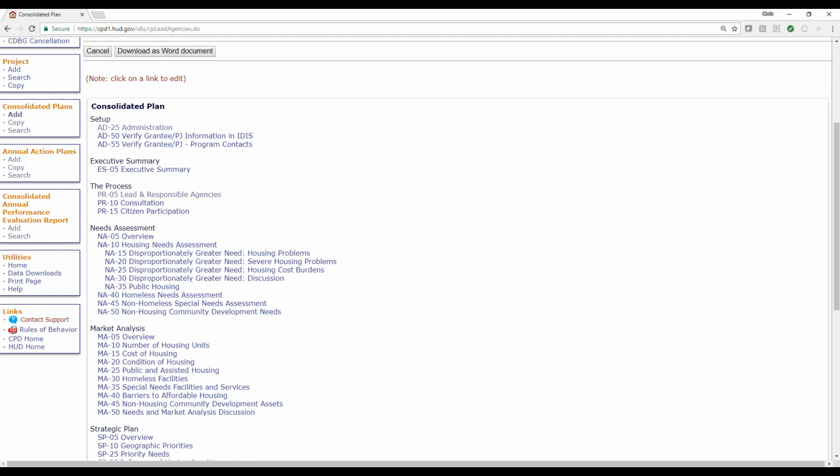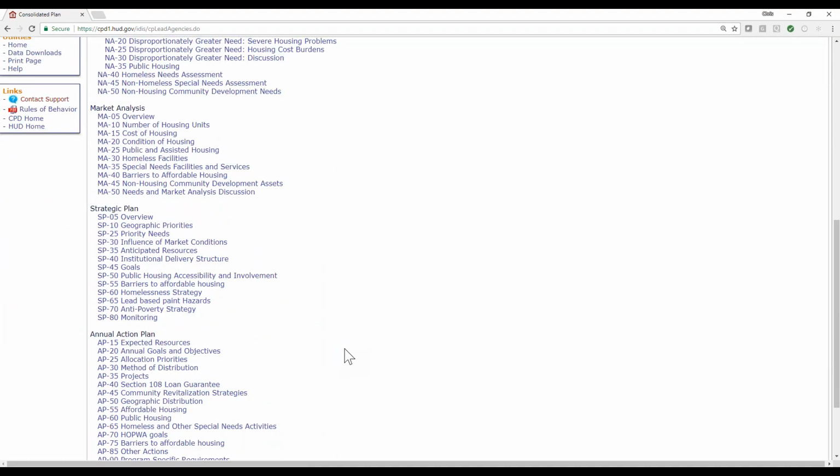And again, to the point that Peter made, you will want to make sure that HTF is included throughout your executive summary, throughout your consultation and citizen participation. It may come into your needs assessment overview and your market analysis overview, or the summary of your needs and market analysis, just as you would be referencing and describing any other program that you are receiving. But moving to the strategic plan,